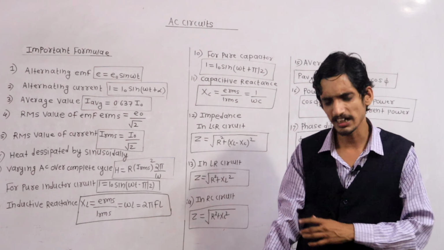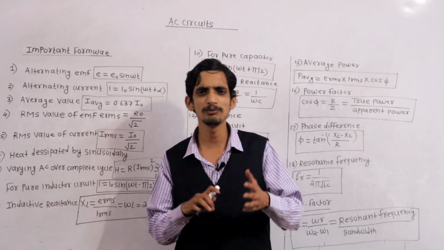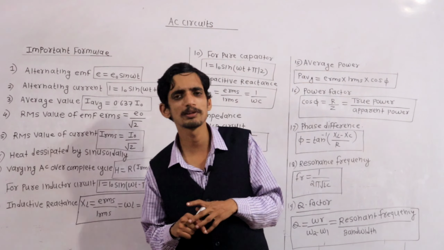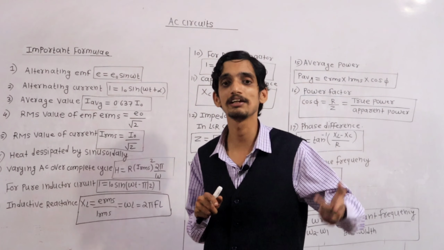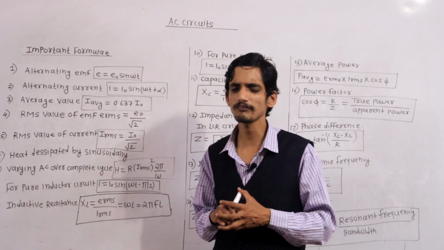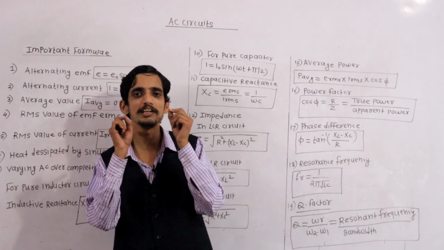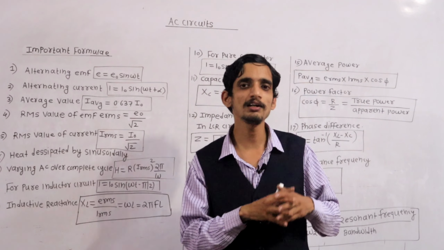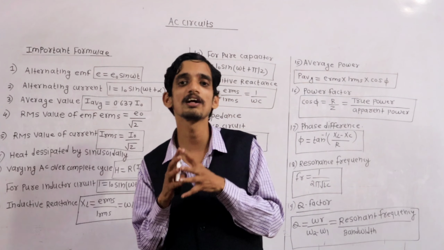Clear? That's why I purposefully divided every revision lecture into two parts, in which the first part is related to subjective revision and the second part is related to objective revision, which involves numericals and lots of formulas that are important to solve them. In this way I completed the quick revision of the chapter alternating circuits with respect to formulas and theoretical concepts like important facts, definitions and circuit diagrams.